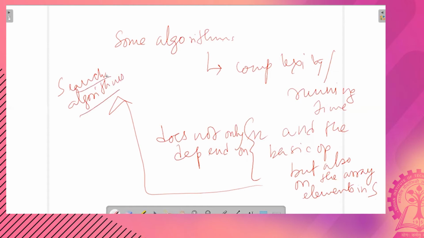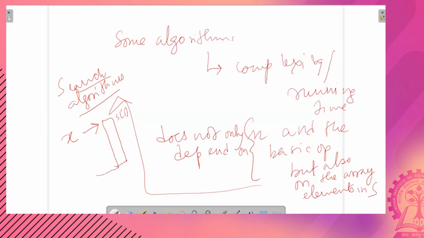Why? Because in search algorithms, since x is given to us to search for, we have to compare it with each and every individual element in the list. And if x matches with S1, then we need just one comparison.